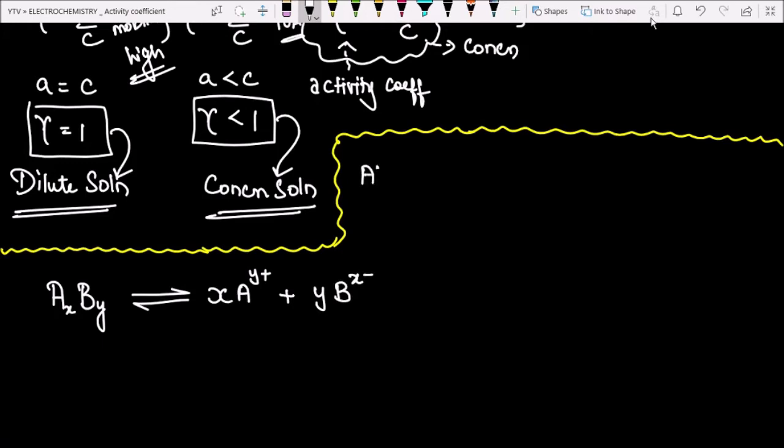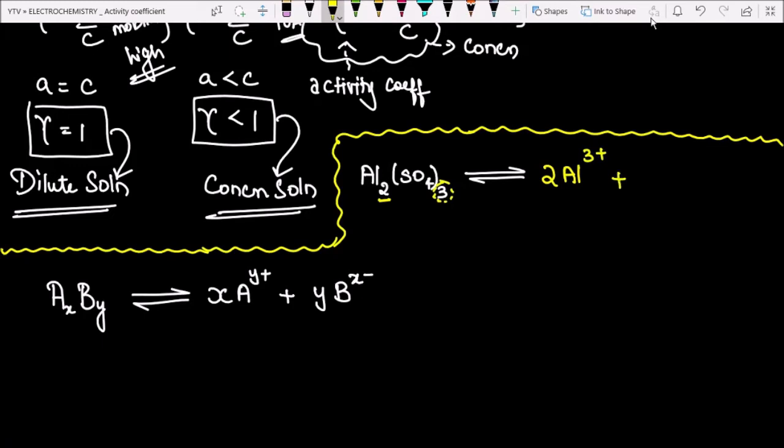Like if we have a salt in real terms, Al2(SO4)3, aluminium sulfate. Now if I am asking you to dissociate it, how will you dissociate it? See, there are 2 aluminium ions, which means there are 2 moles of aluminium. And what is the charge of aluminium? You see over here, the charge is 3+.